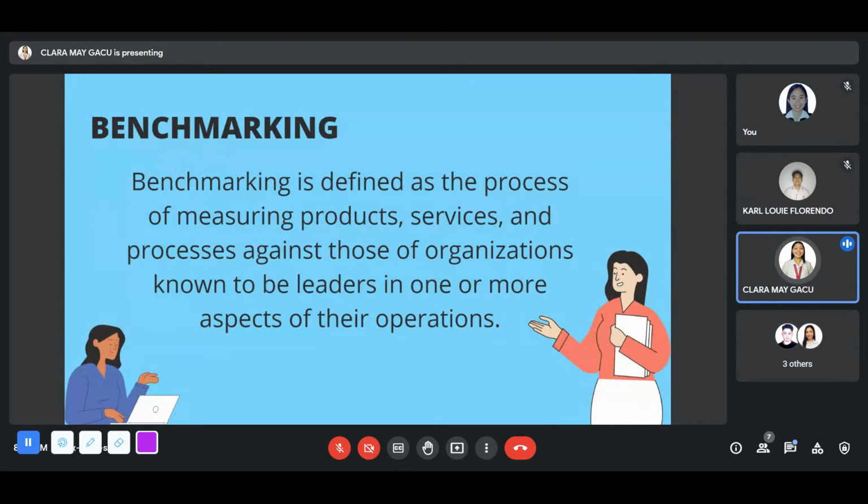First, benchmarking can help place an outcome in context. Was the achievement good, bad, or indifferent? Second, benchmarking can help assess the reasonableness of targets that may be set. Third,